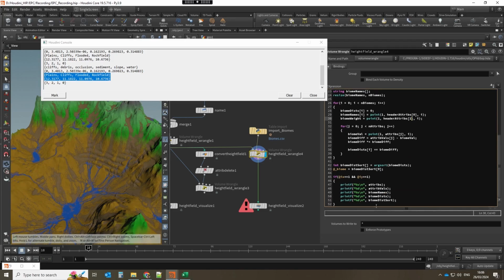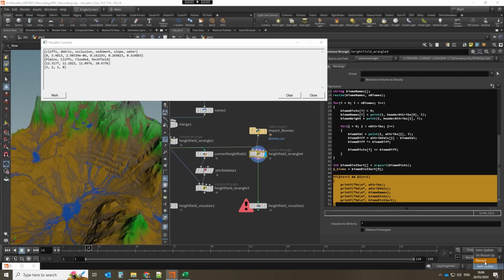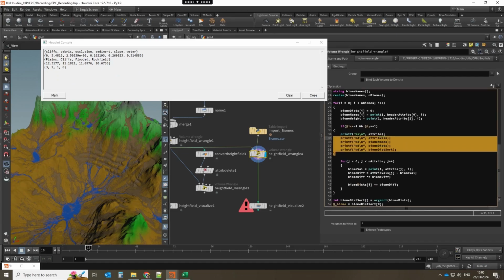And we don't really need to store it, so we just need it inside this loop. So I'm just going to copy paste this for a second. I'm just going to put it on manual so it will not cook immediately, because the only thing I want to print is the column